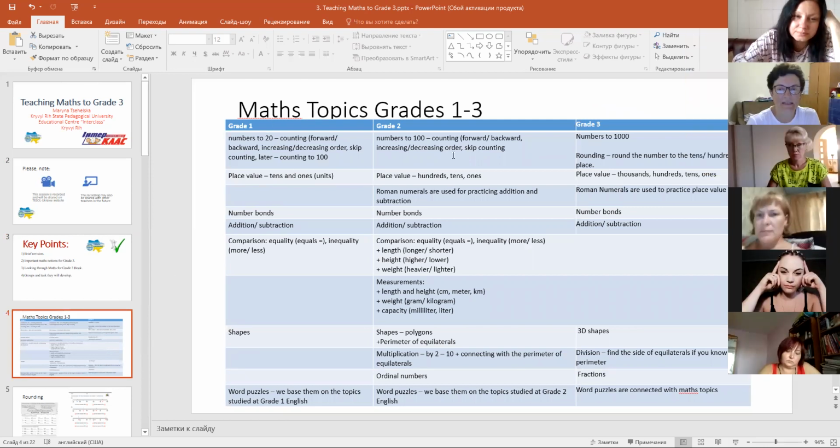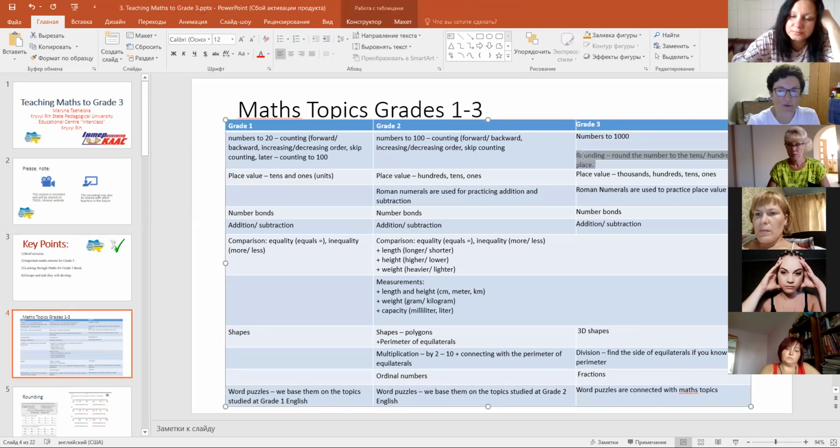And that is what we have with math topics from grades 1 to 3. So you remember in the 2nd grade, we did counting backward, forward, increasing, decreasing order, and skip counting. And here we have a new notion, which is rounding. So rounding means